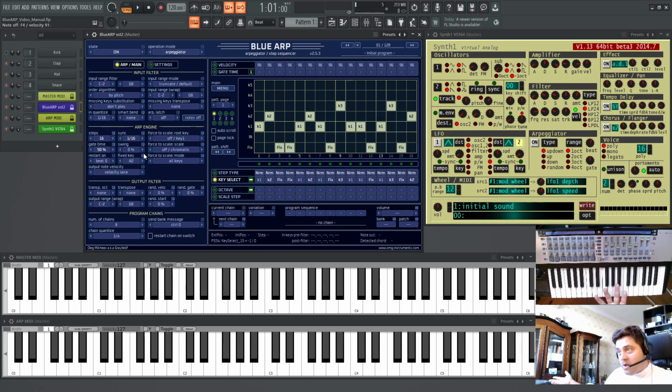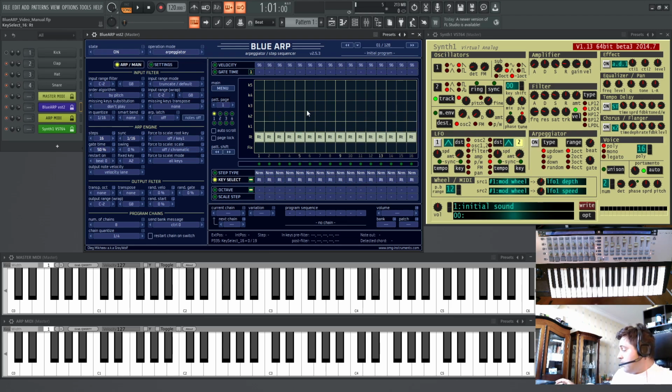So part of my melody will depend on the keys that I press, and part of it won't. Let's move it back. And then RT means root. So it will be the root key of the detected chord. And if I set all the steps to RT, in this case BlueARP will try to